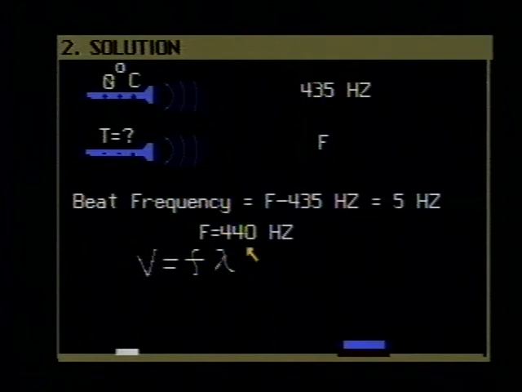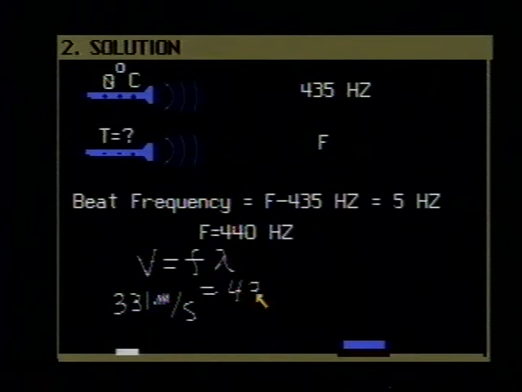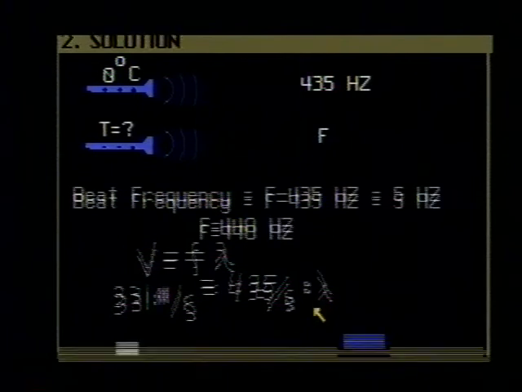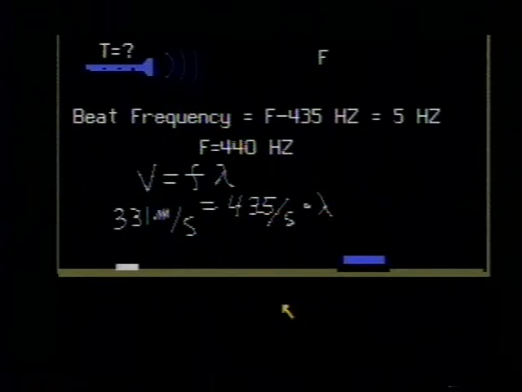If I apply this to the flute at 0 degrees centigrade, the velocity at 0 degrees centigrade is 331 meters per second. This would be equal to the frequency 435 Hertz, or 435 per second, multiplied by the wavelength. Solving this for the wavelength, we get that the wavelength is 331 meters per second